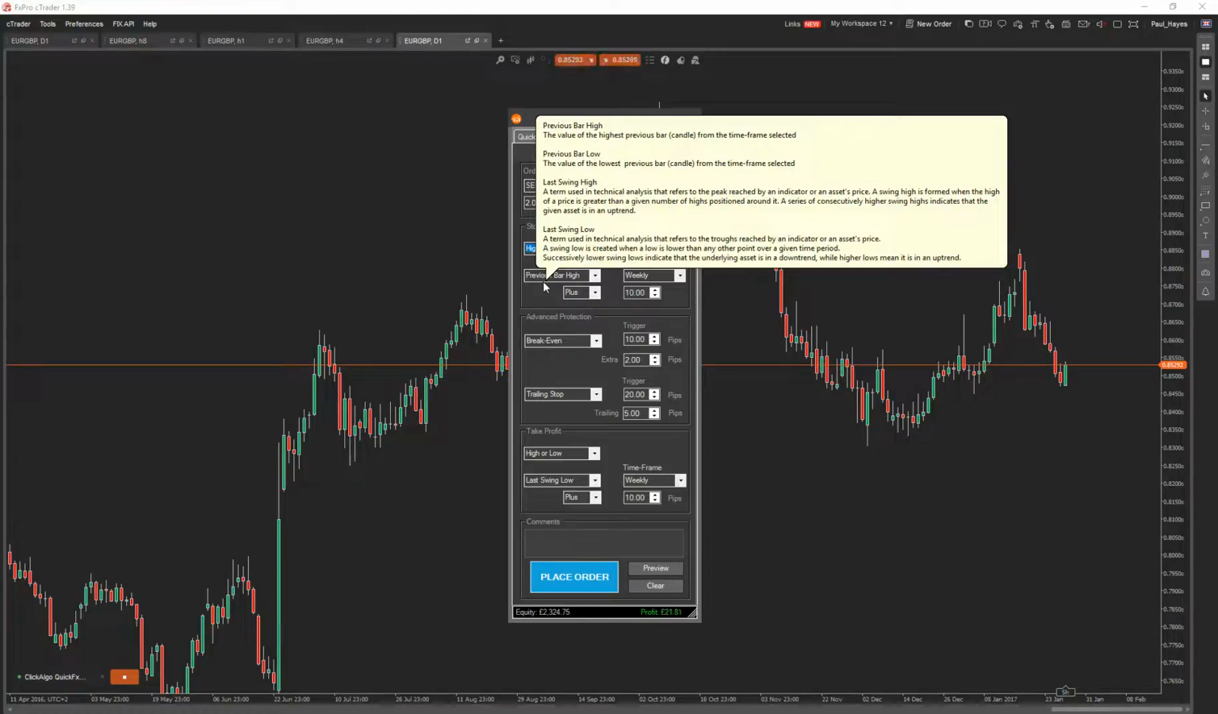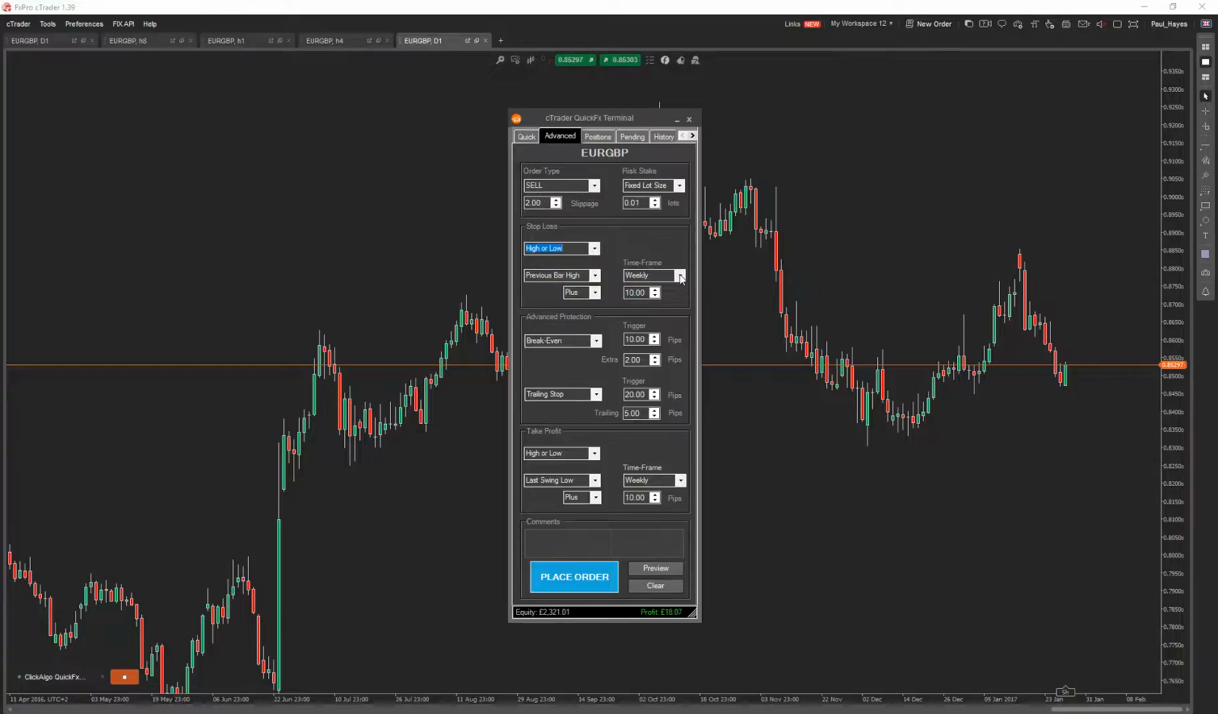Now this isn't just on the current time frame. You can actually select which time frame you want to use. So you've got a choice between 1 minute all the way up to monthly. So you can choose whichever time frame you want for that. So I'll go through this in a minute where you can preview the order, and I'll show you what I mean by that. Advanced protection, when you submit the order, you can say if you want a break even,